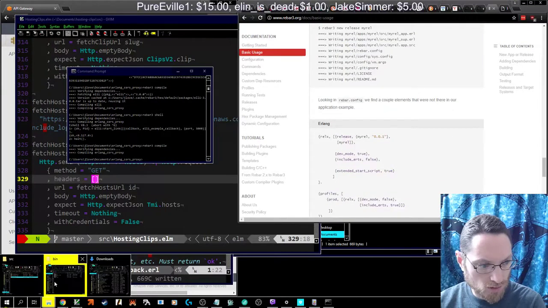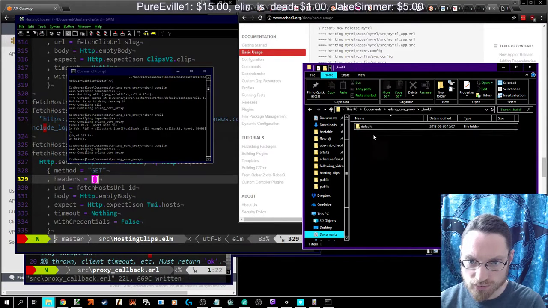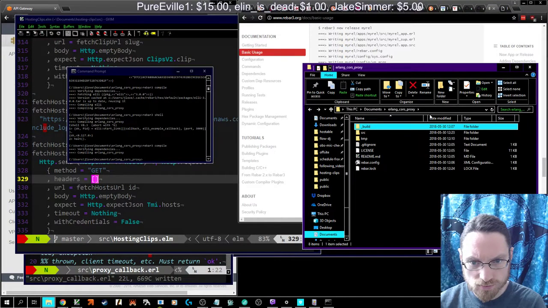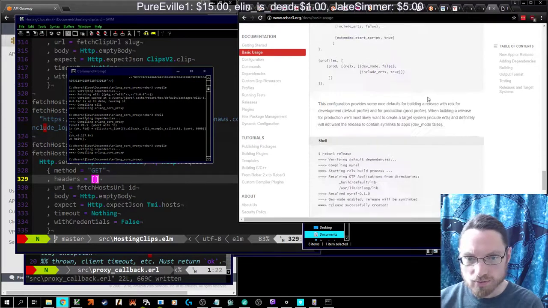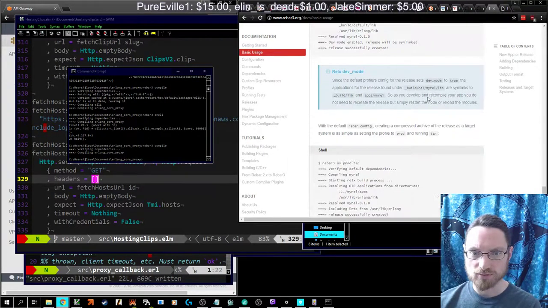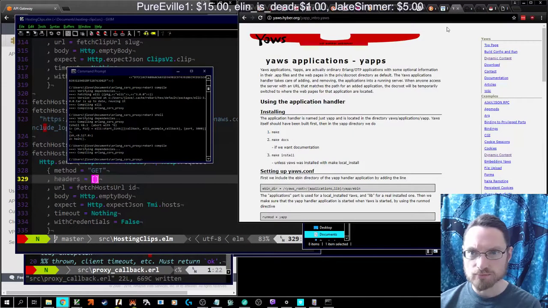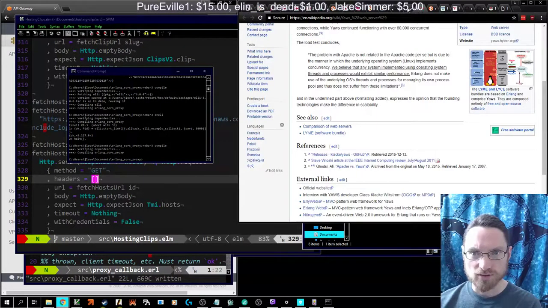Did it just make a binary? Is that how that works? Build. .app. I guess this is getting more into basic Erlang stuff than rebar specifically. We need like basic